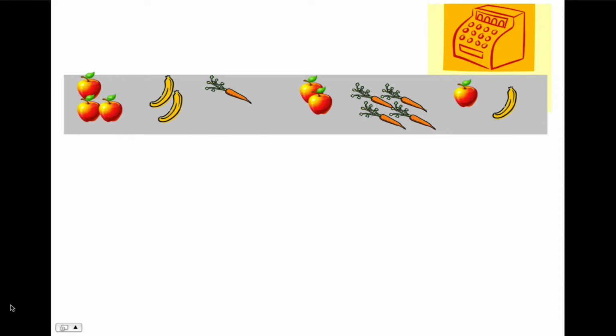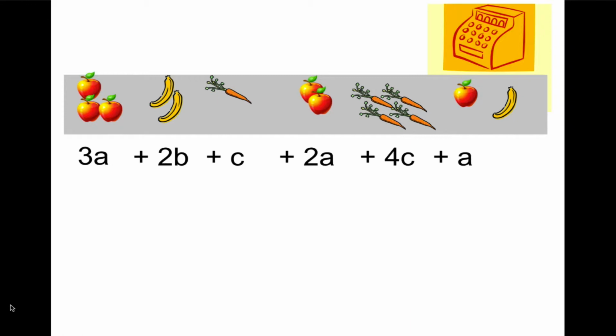So for convenience's sake, we can combine the things that are like each other into, in this case, 3 separate piles, but we wouldn't want to make one gigantic pile of all the fruit and vegetables because that wouldn't be very nice. But 3 apples, we're going to call that 3A, plus 2 bananas, plus a carrot. Notice that 1C is the same as just C, plus 2 more apples, plus 4 carrots, plus A, plus B